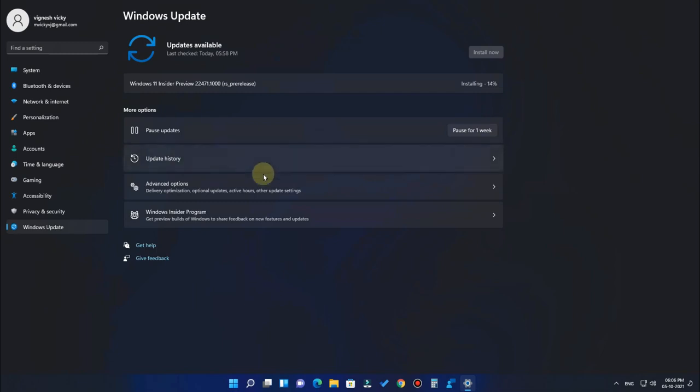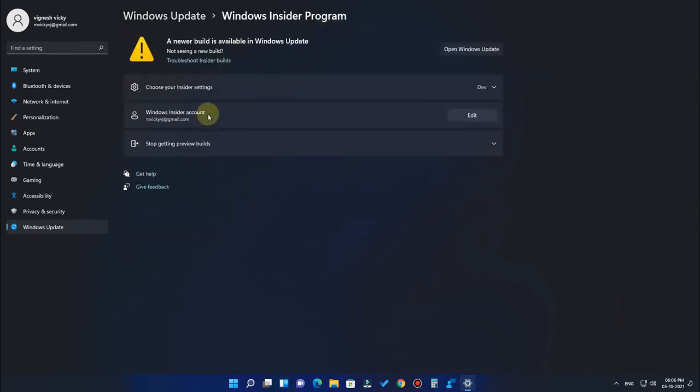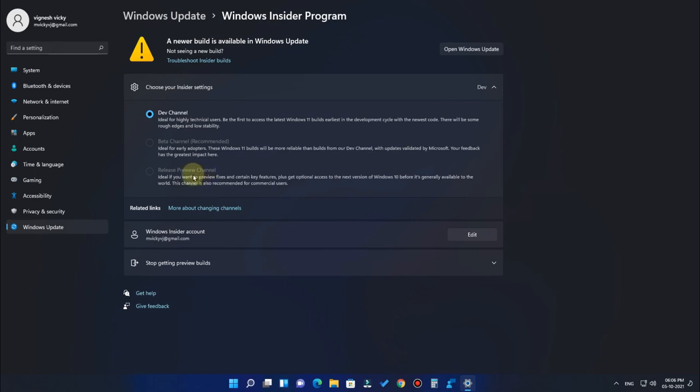11. And in case you don't see it, you can also enable the Windows 11 update by going to the Windows Insider program, and there you can choose the insider settings. I have already posted a video regarding the Windows Insider program. Once you have registered to the Windows Insider program, just select the release preview channel. In the release preview channel itself, Windows 11 is now officially available, so you can download that.